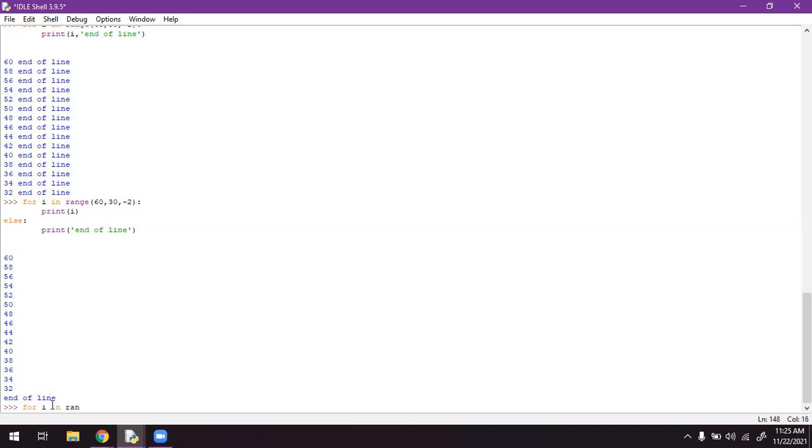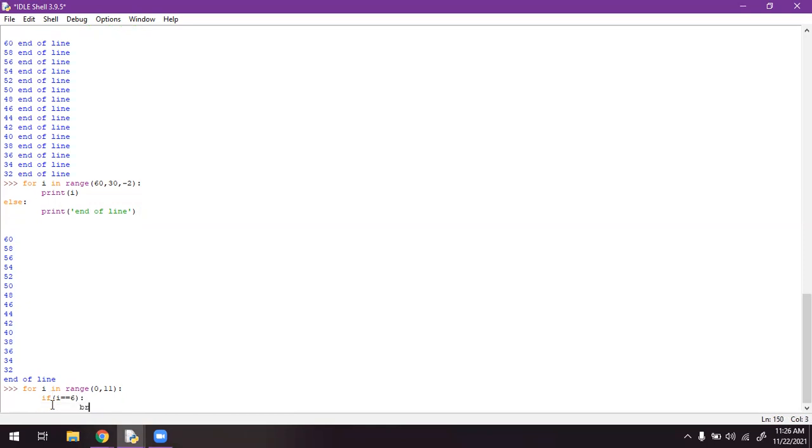For i in range of 0 to 11, if the i variable is 6, what I have to do is break. What break means is that while printing the numbers from 0 to 11, if I get 6, then the total execution will be stopped, and the final statement will be 6.